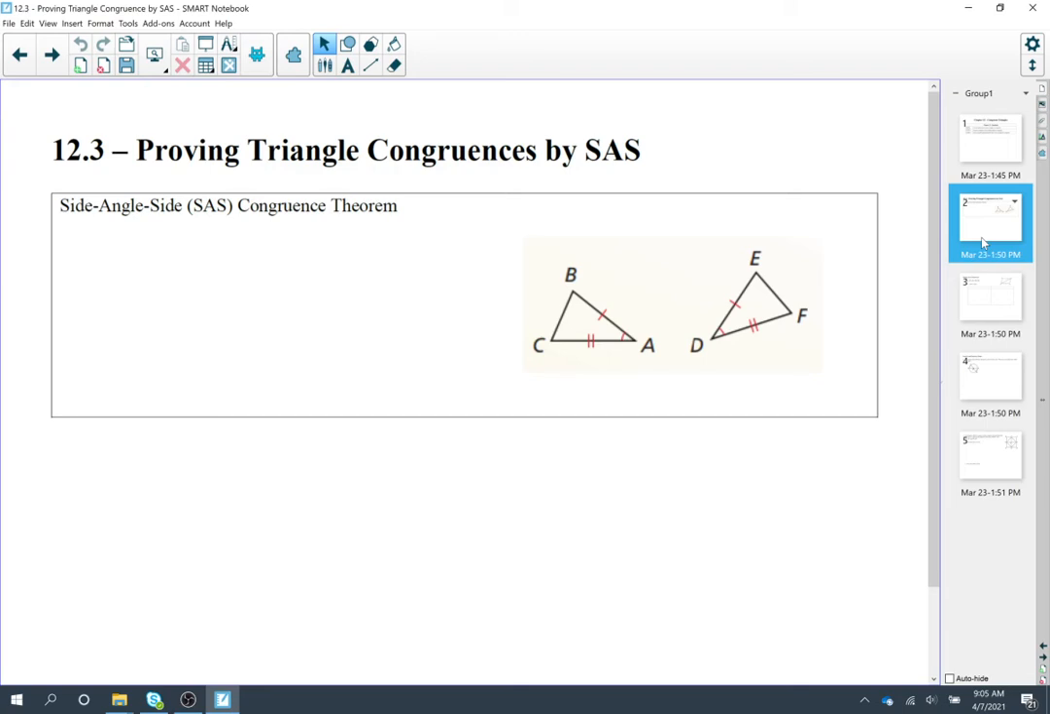12.3, proving triangle congruences by side angle side. And then SAS is side angle side. So we have the side angle side congruence theorem, which states that